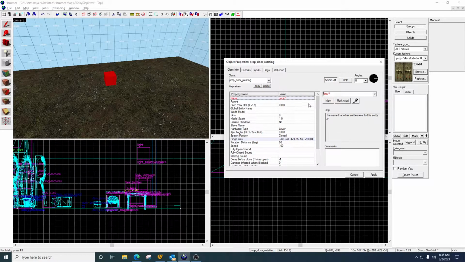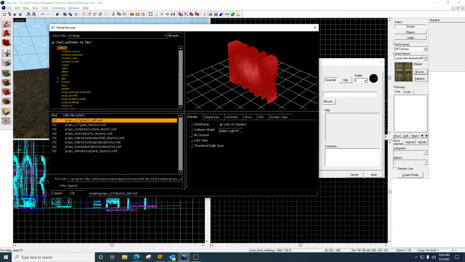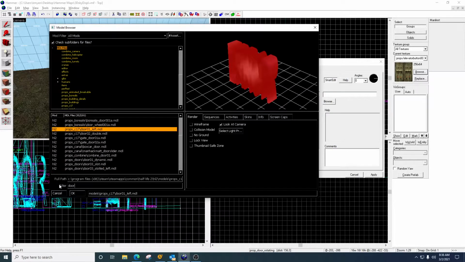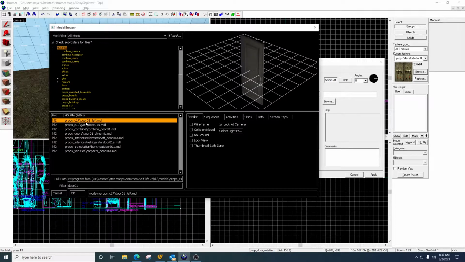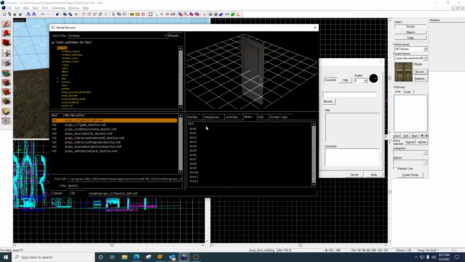For world model, we're going to browse, and in your filter box right here, type in Door 01, and you should see the very first door here that comes up. We're looking for prop C17, door 01 left. This is the animated door. It's already set for us to use as a door, so it's a great choice because we don't have to do anything else to it. It's a rotating door by default. You can play with the skins if you'd like. We've got a bunch of skins. Click OK,